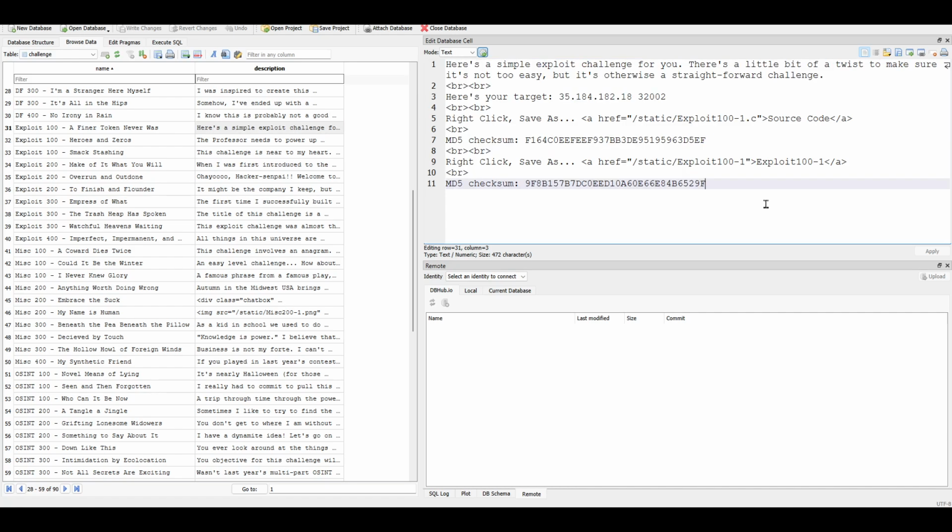This is a simple exploit challenge for you. Here's a little bit of a twist to make sure it's not too easy, but it's otherwise a straightforward challenge. I give you the targets, and I give you the source code, exploit 100-C, and I give you